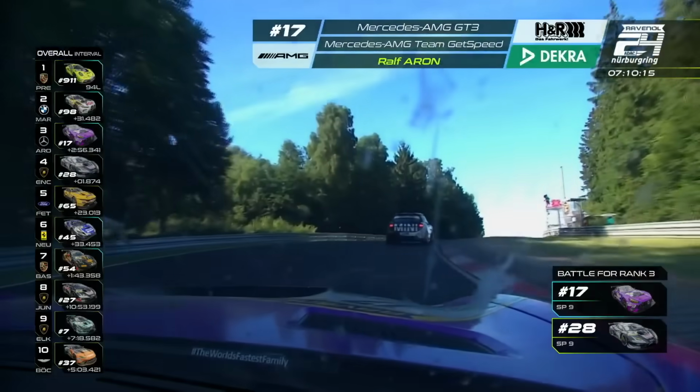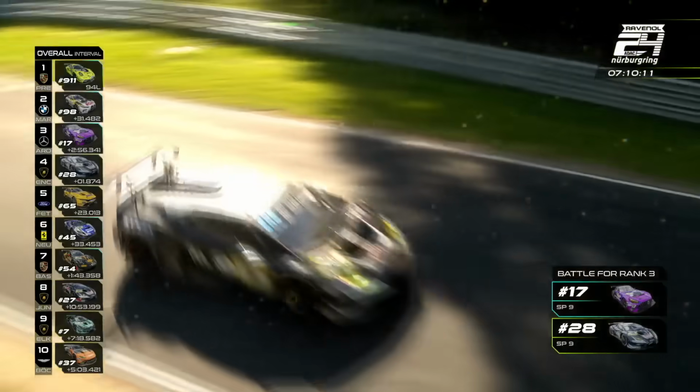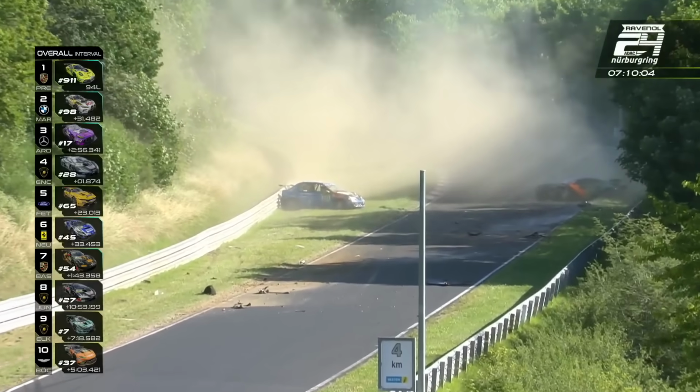You drove an NLS race on your own, you might just be able to get that in one of those lower class cars. And I presume there's a cost to that, Harley, is there? Yeah, so, well, you've got your higher costs if you want to go and do the...